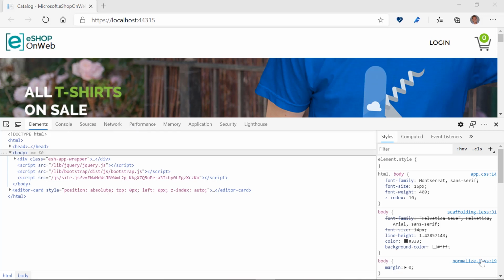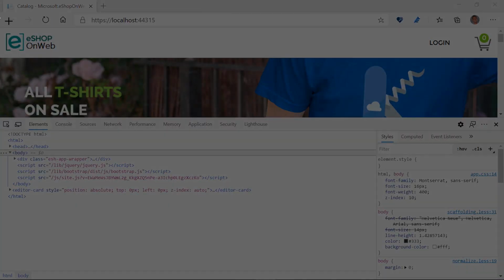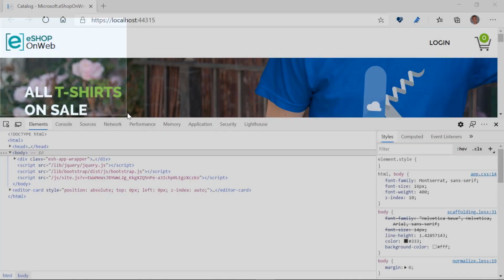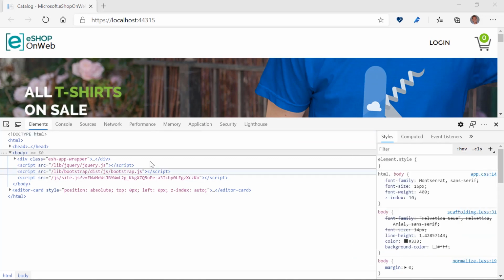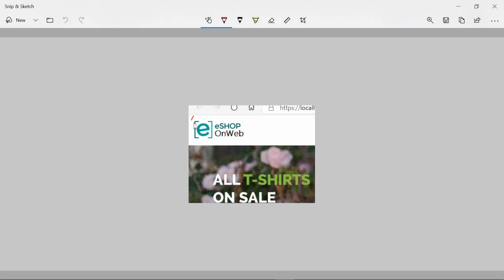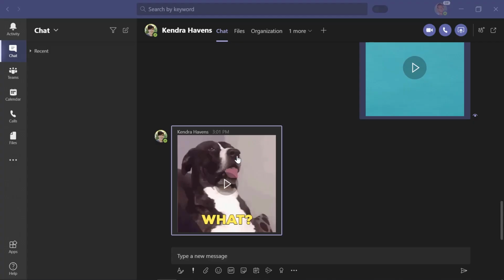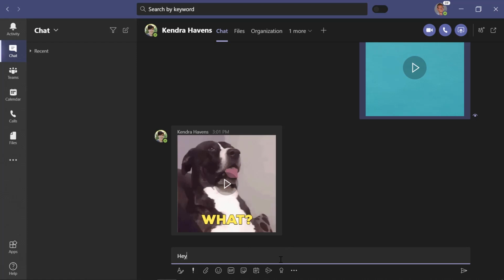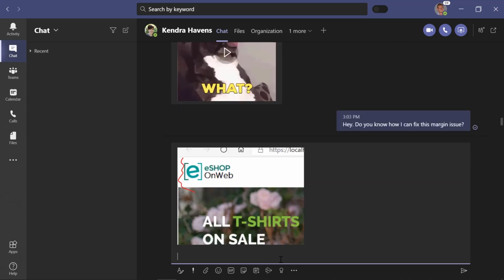Now, I'm noticing that I have a margin issue up here by the logo. So let's just do a screenshot here, and let's give it a little squiggle so we can see what it is, because I want to send this to a friend. I know she knows a lot about front-end development, and she might know exactly where in my code I can find the problem. So let's see what she has to say. And let's just paste in the screenshot here as well. Let's see if Kendra knows how to fix the margin